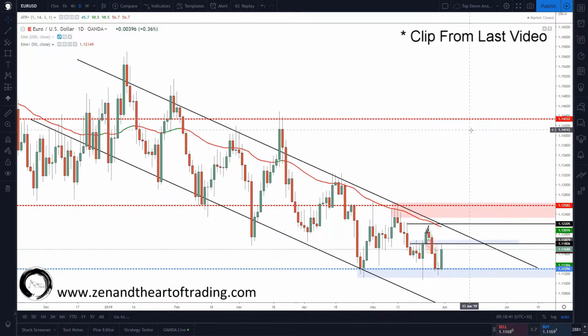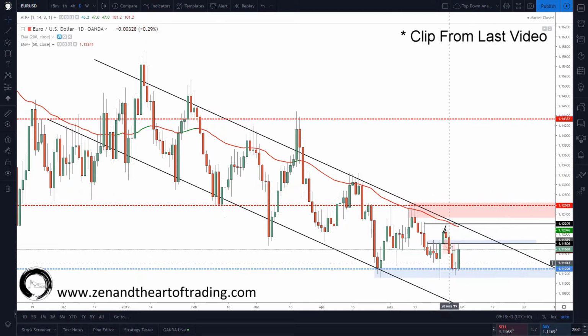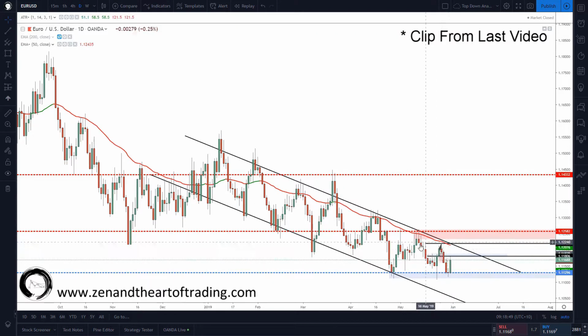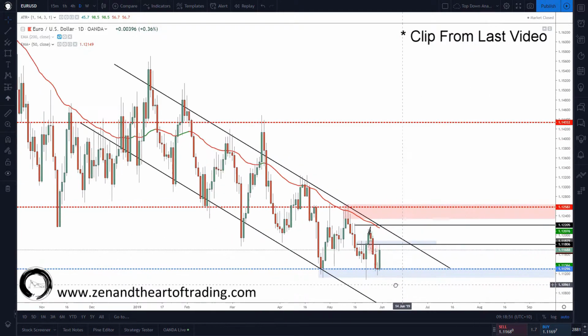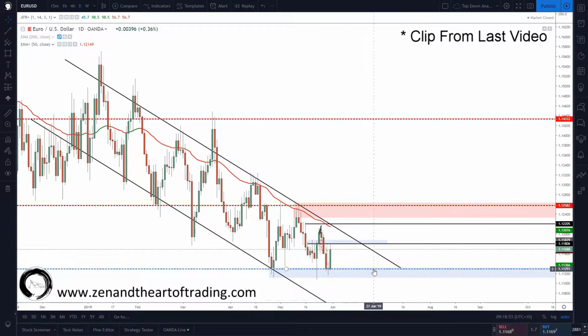What am I expecting on this pair going forward? Probably a bit of chop around here, consolidation. It's possible we continue to form lower highs and then eventually break through this zone. And it's also possible that we continue to flatten out and then pop above this trend line and come up into the